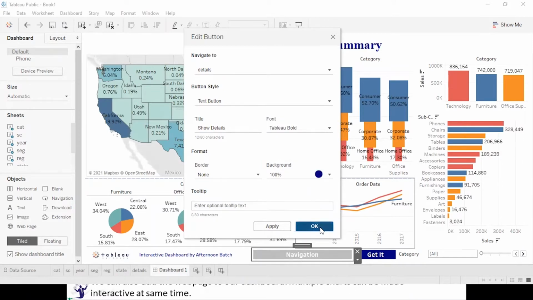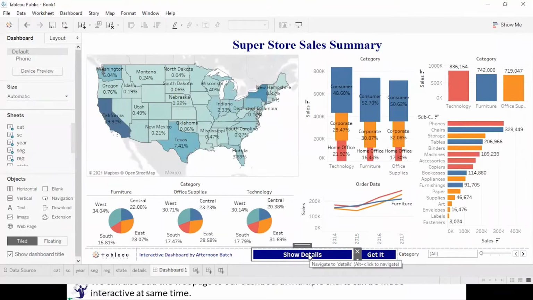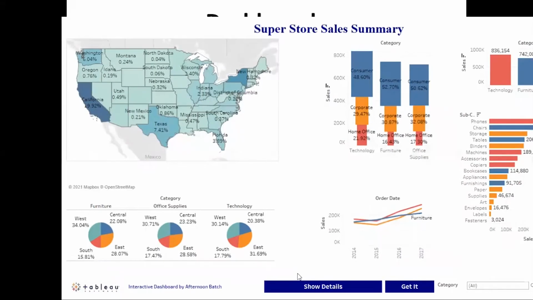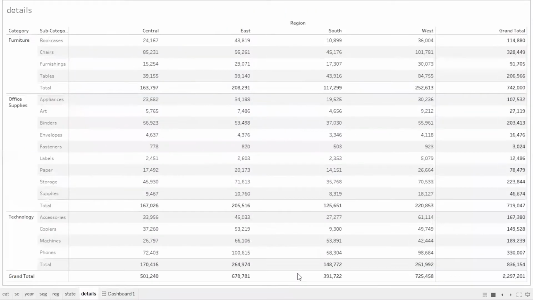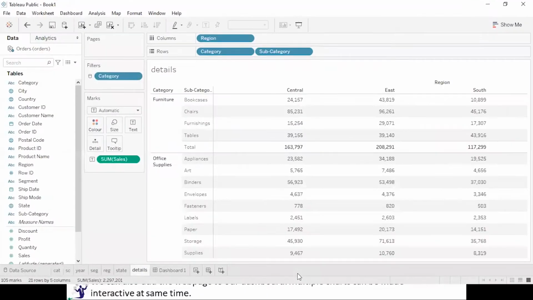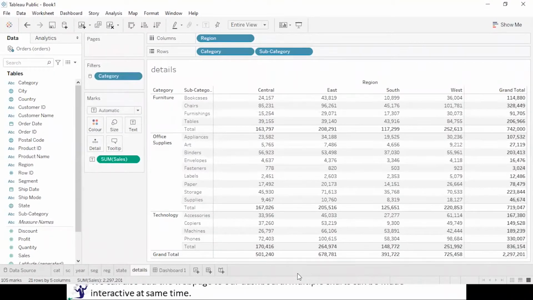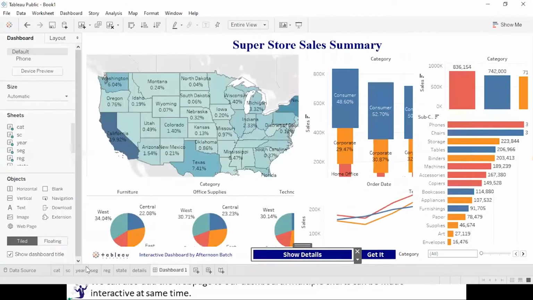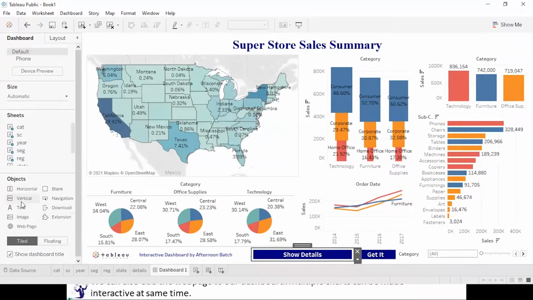Okay, no tooltip. Okay, here it is. Now you see over here, you click on this button, it will take you to the detailed page. So that was the navigation object.